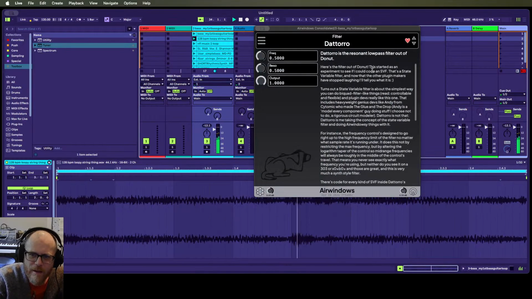Alright, so, this is De Toro. This is a filter. Kind of a nice resonant filter. And I could map this to a knob if I wanted to. I'm just moving it with the mouse right now. This one caught my ear because,